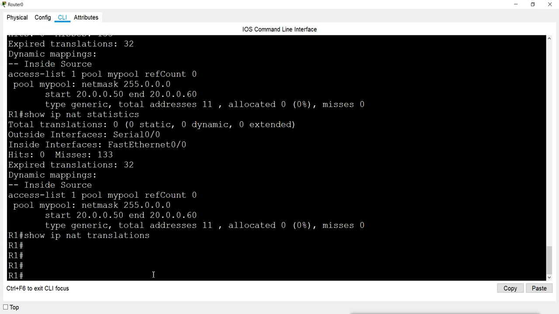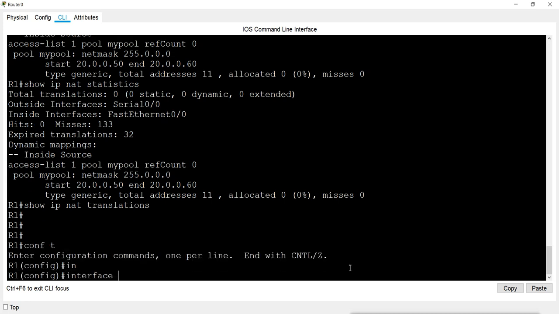So this is dynamic configuration, and it is easier than the static one. As it is easier to configure the dynamic, it is easier to remove it also. If we don't want to apply it, we can just remove it from the interface.